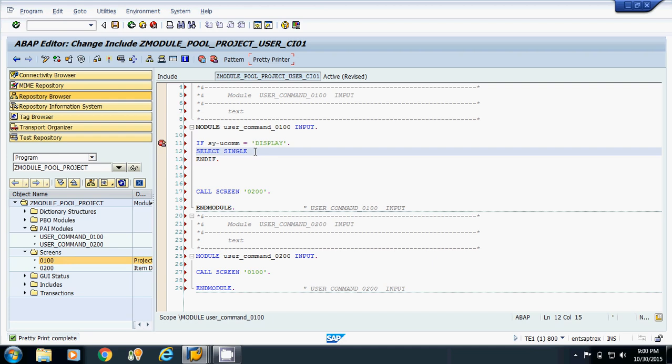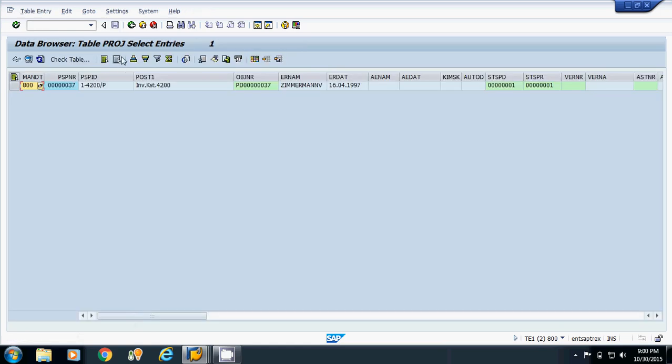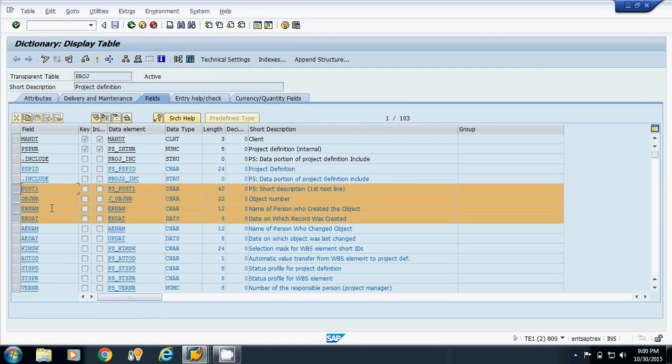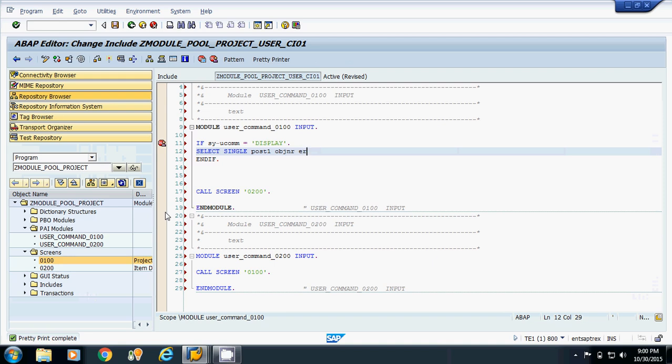So which four fields do I want to select? First one is post1, second one is objnr, third one is ER name, then we have ER date. Now we will store them into four variables of the screen.